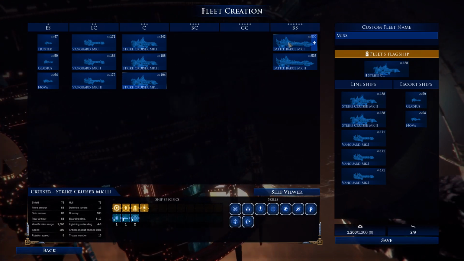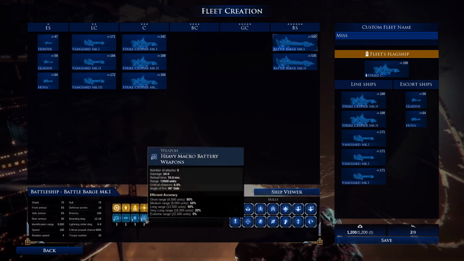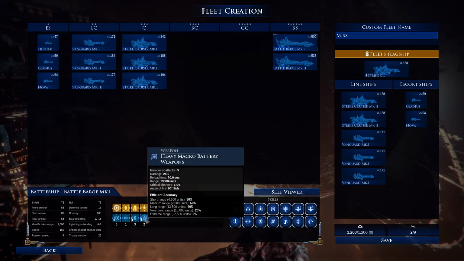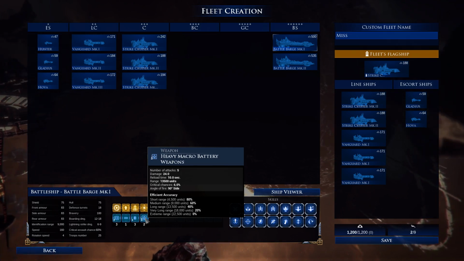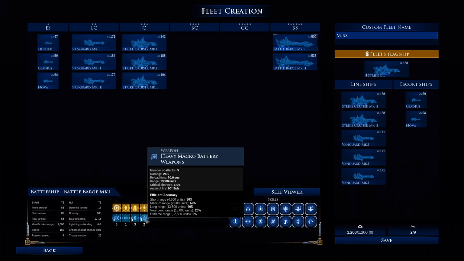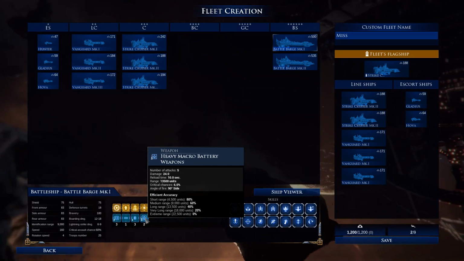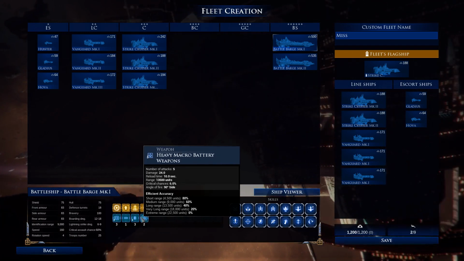Lastly, we got the Battle Barge Mark I. Now, this is where you actually get into the realm of having ships that can deal some damage. The macro battery weapons on these guys are kind of crazy in terms of how much damage they're doing. You're looking at 120 damage per volley, just from one side from the broadside here. If it's firing from both of them, that's actually a lot more. Of course, that's only 12 damage per second in total, but that's still a pretty decent amount, especially combined with